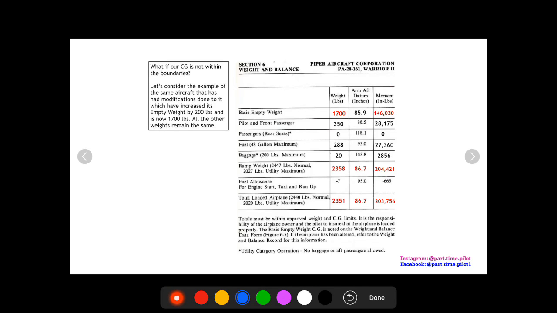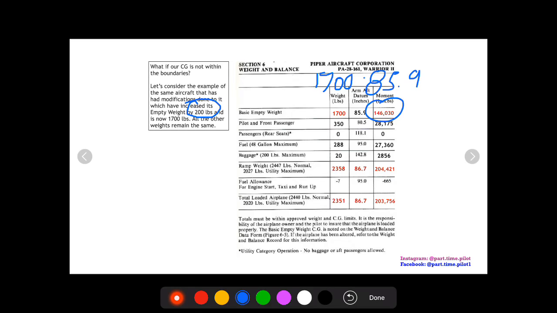Okay, so let's consider the same aircraft as the last video, but now this aircraft has had a bunch of modifications done to it. So there's been a bunch of new parts added to the empty weight of that aircraft. Let's say we added 200 pounds to the empty weight. So the empty weight before was 1,500 pounds and now it's 1,700 pounds. So we put 1,700 pounds in there for our empty weight. This means we have to calculate a new moment. Moment is weight times the arm. So 1,700 times 85.9 and we get